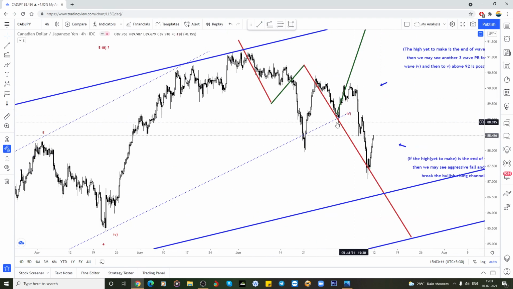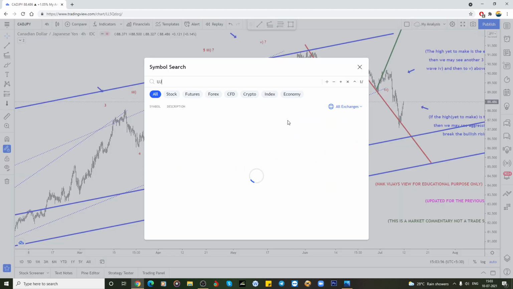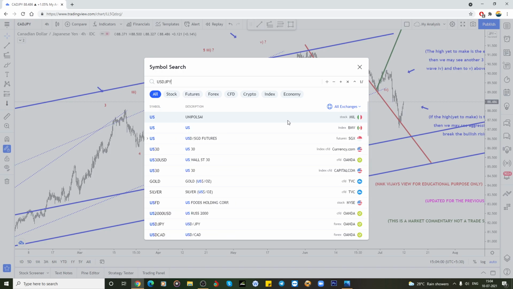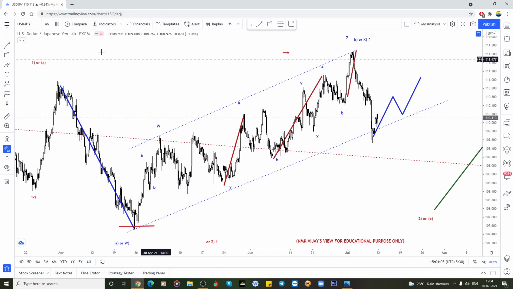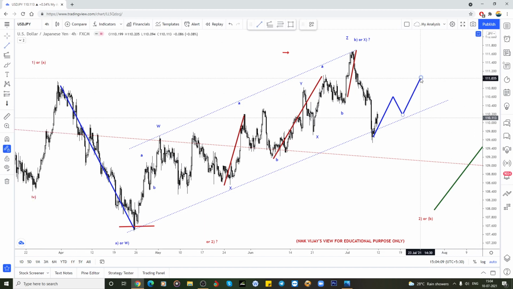So here what I'm looking for is one more wave to the higher side and again one more down to the downside is also possible. The same thing applies in UJ, CJ and AJ, everything is in the same. See UJ also, USD JPY. What I said here, one more wave to the upper side, and again three-wave structures, one more wave